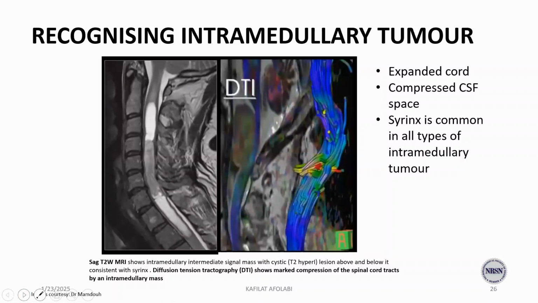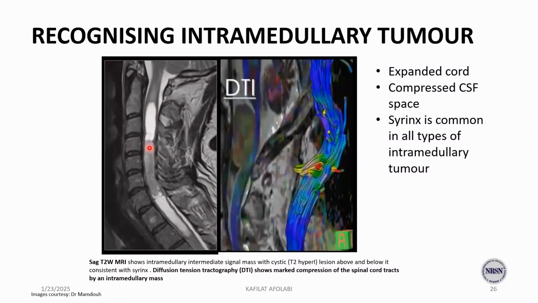And with cord expansion, we see that the adjacent CSF space is also narrowed. This lesion is spanning, the cystic component of these lesions spans from C2 level down here. So we can say that there is relatively normal CSF space above the level of the lesion, and the CSF that surrounds the cord at the level of the lesion is attenuated. So expansion of the cord, compressed CSF space adjacent to the level of the lesion, cystic components of the lesion,